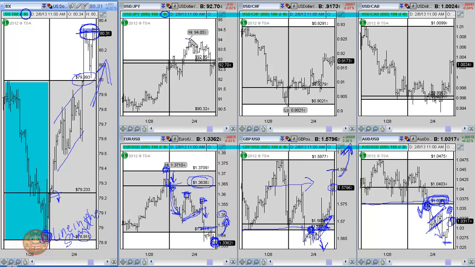Japanese yen here looking like it's running into a little bit of selling up at 94 even. Was able to break out of last week's trading range. You can see going above last week's high, but not able to maintain the momentum. So this is really important in that if we're not able to exceed the 94.05 level here going into this